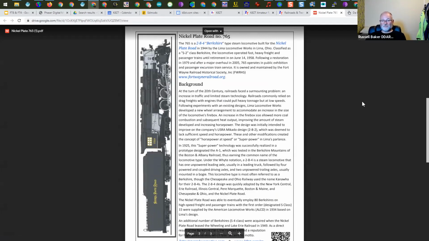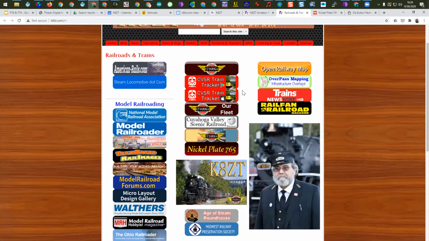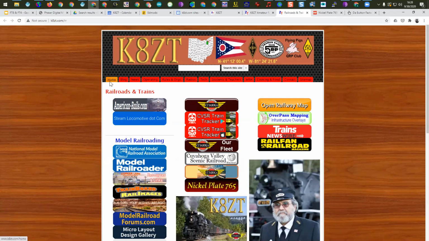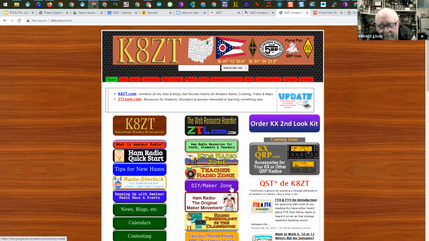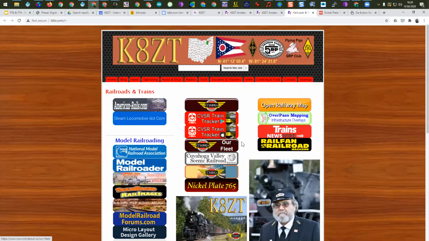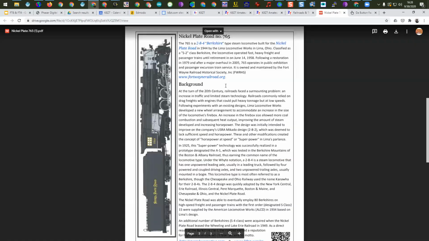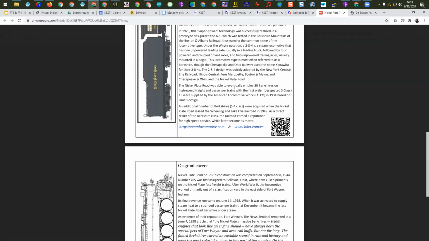That's really good. Yeah. So for the railroad aficionados out there, on my webpage there is a railroad link right here. And this is the railroad that I volunteer on, the Cuyahoga Valley Scenic Railroad. Now the engine is a Nickel Plate Berkshire. We don't have that. That comes in for 3 weekends a year from Indiana. We have an agreement with the Fort Wayne group that maintains this. We don't have steam on our railroad any longer. We only have diesel locomotives, but this comes in,